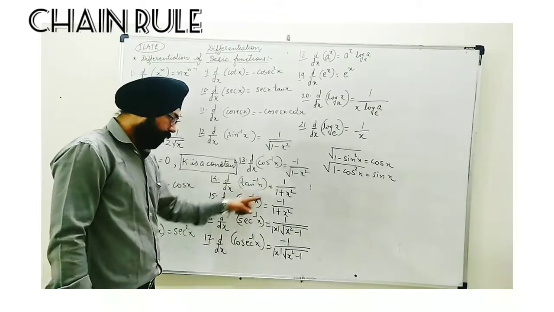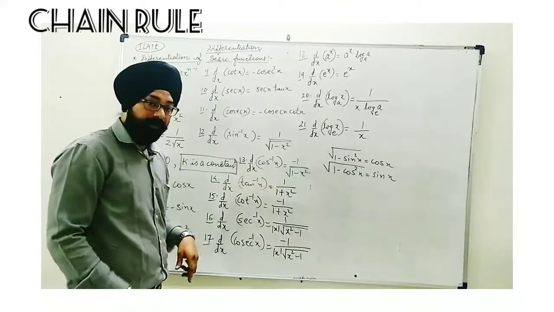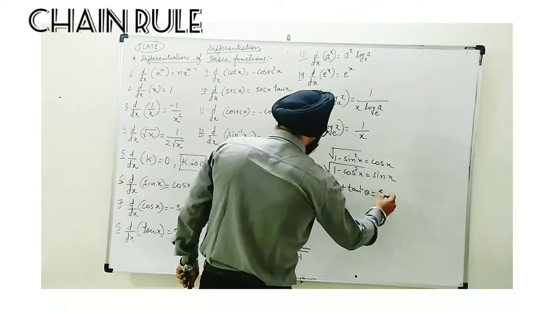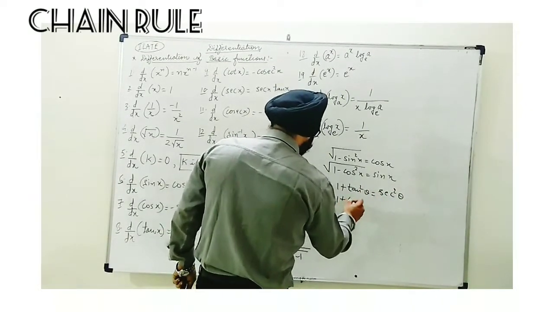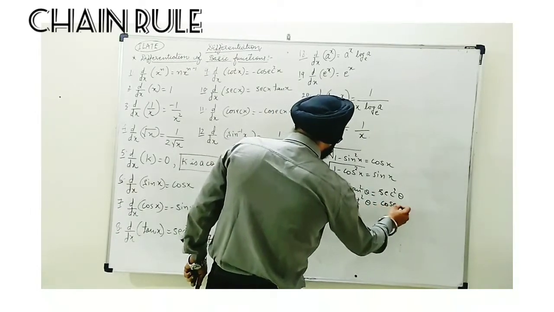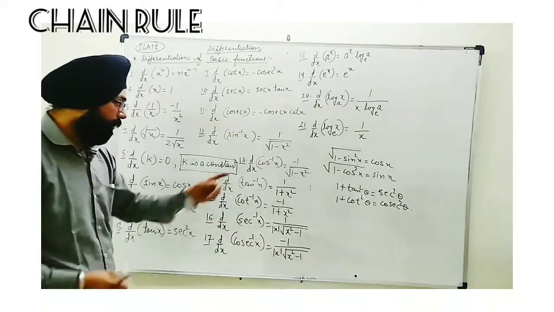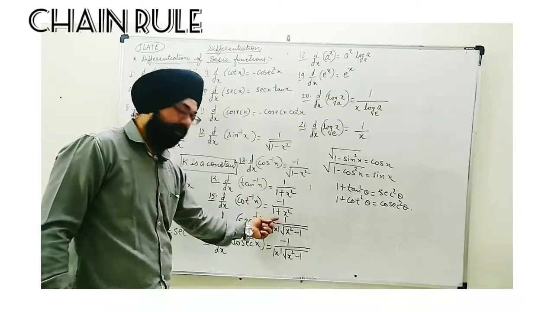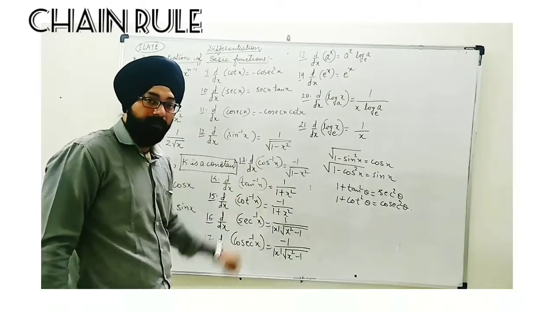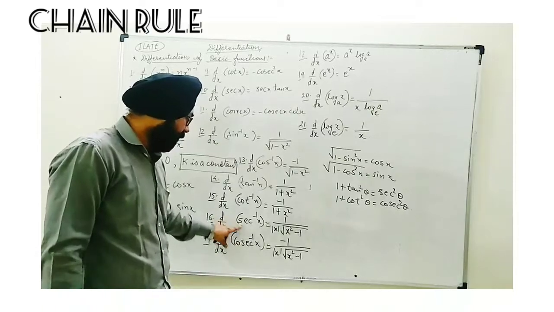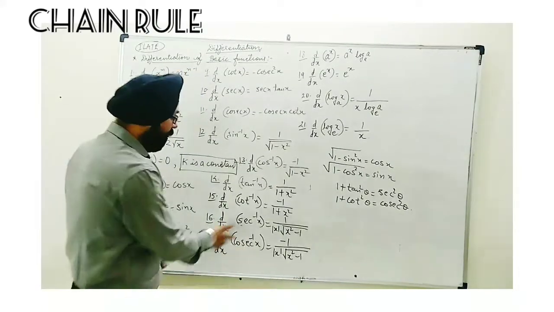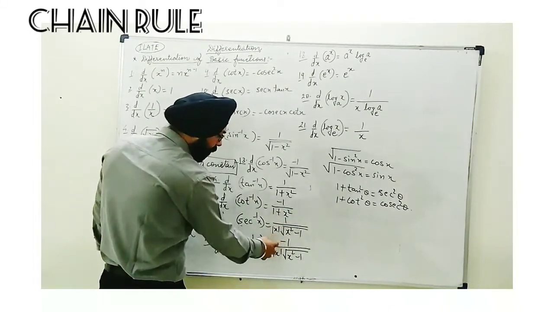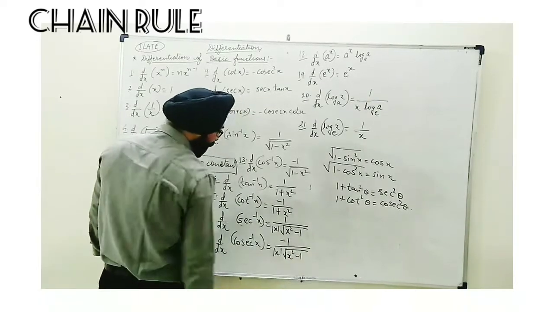Now this 1 plus x square, you can see this can be compared to the pattern 1 plus tan square theta, which is equal to sec square theta, and 1 plus cot square theta, which is equal to cosec square theta. So if you remember these two, 1 plus tan square and 1 plus cot square, they make some results. That's why their differentiation we are having in the form of 1 plus x square. Similarly, sec inverse x and cosec inverse x we can find they are similar: 1 upon mod x root x square minus 1, but in cosec we get minus sign, minus 1 upon mod x root x square minus 1 here.